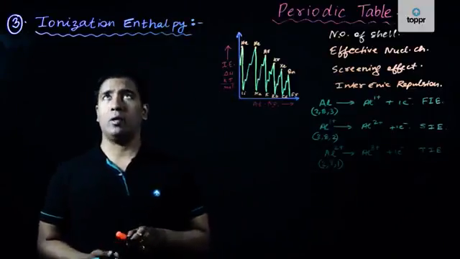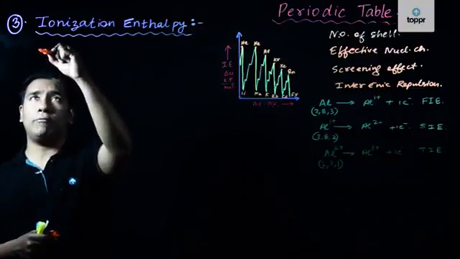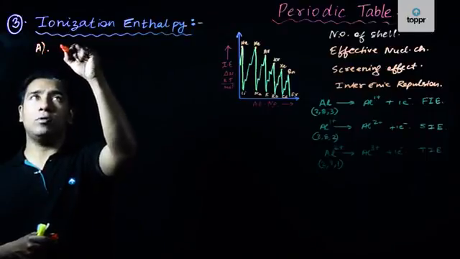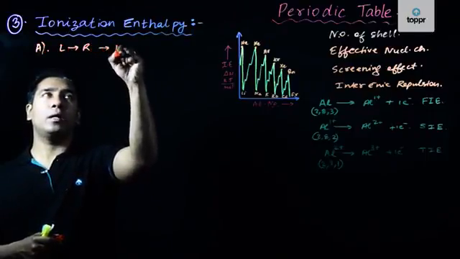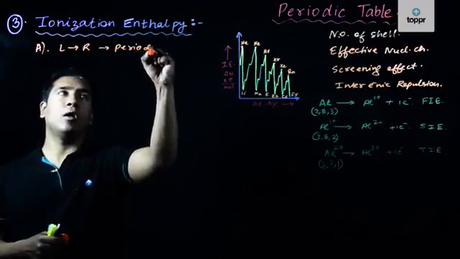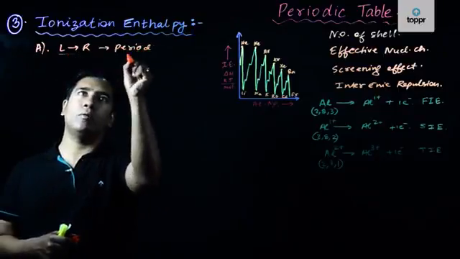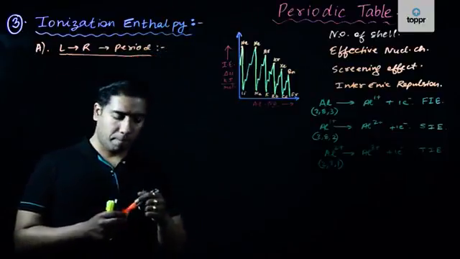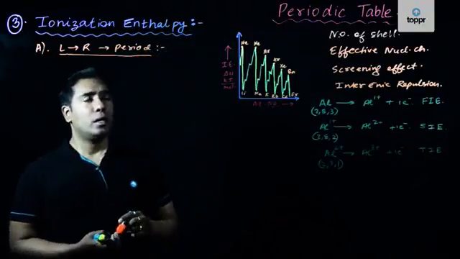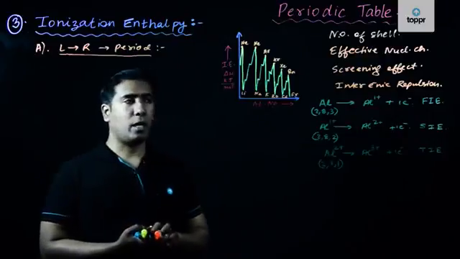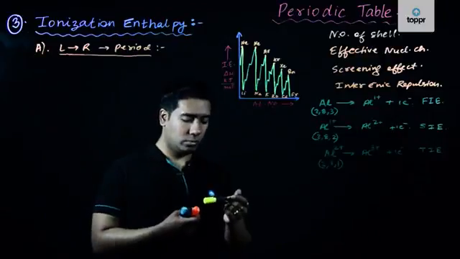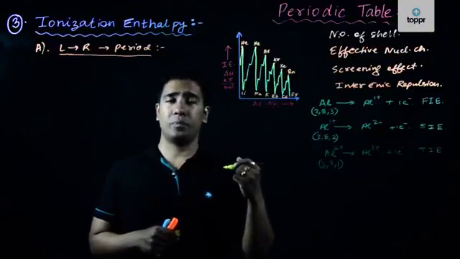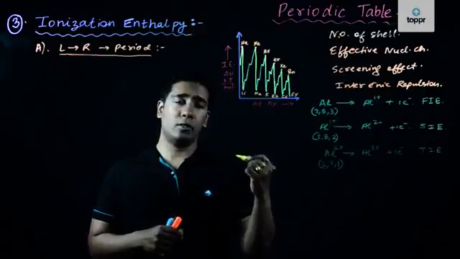Let us now look at the trends as we go from left to right in the periodic table. So let us write down. As we go from left to right in a particular period, that is situation A, let us look at what the specific trends will be in this case. Let us have a situation wherein we are starting from, say, sodium. So if we are starting from sodium, then the ionization enthalpy in the case of sodium will be